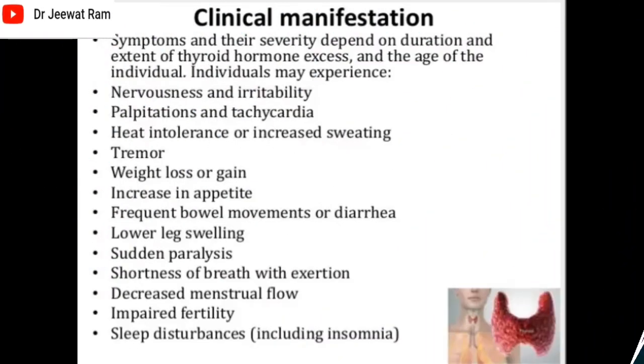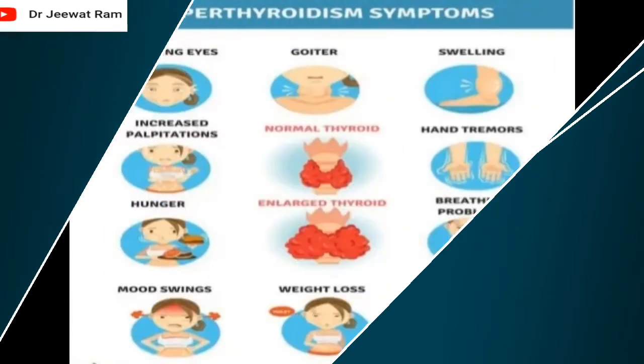Hyperthyroidism results. Clinical manifestation: symptoms and their severity depend on duration and extent of thyroid hormone excess and the age of the individual. Individuals may experience nervousness and irritability, palpitations and tachycardia, heat intolerance or increased sweating, tremor, weight loss or gain, increase in appetite, frequent bowel movements or diarrhea, lower leg swelling, sudden paralysis, shortness of breath with exertion, decreased menstrual flow, impaired fertility, sleep disturbances, including insomnia,